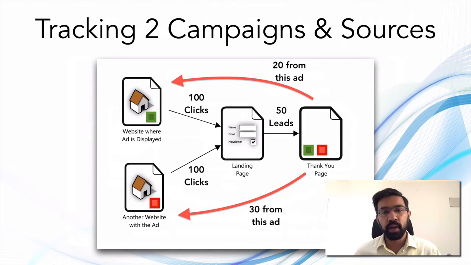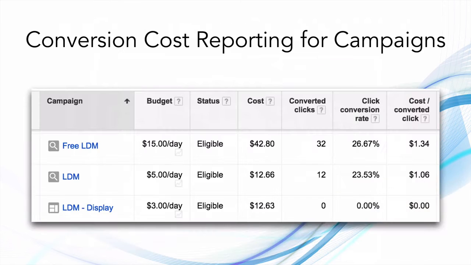So here, since we are doing conversion tracking using the Pixel technology, we know that the second ad is performing better because the second ad is driving 30% conversion, first ad is driving only 20% conversion. So what we can do is that if we are scaling up the advertising budget, we can actually focus on the second ad rather than the first. So this is how conversion tracking helps.